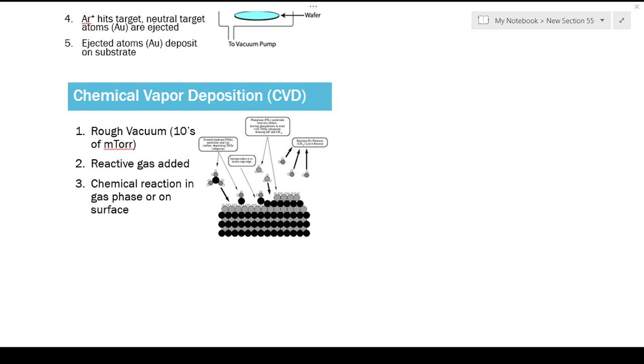In this solution deposition method, you make the solution by using a chemical synthesis method. Then that solution will be dropped on the substrate, and